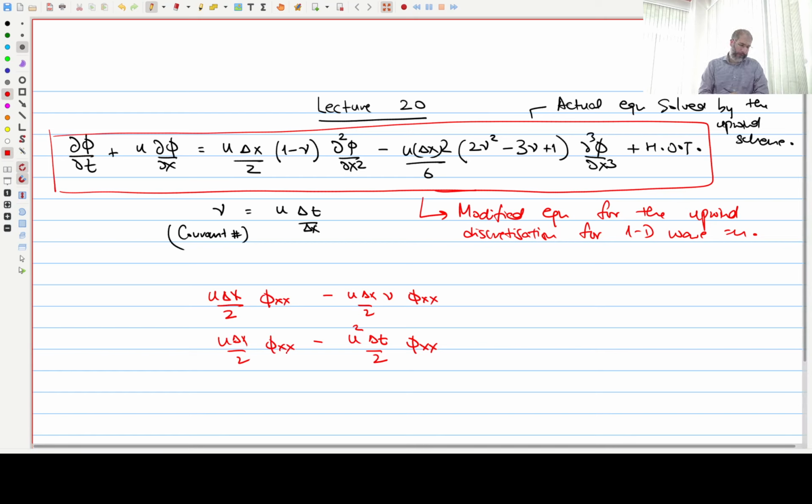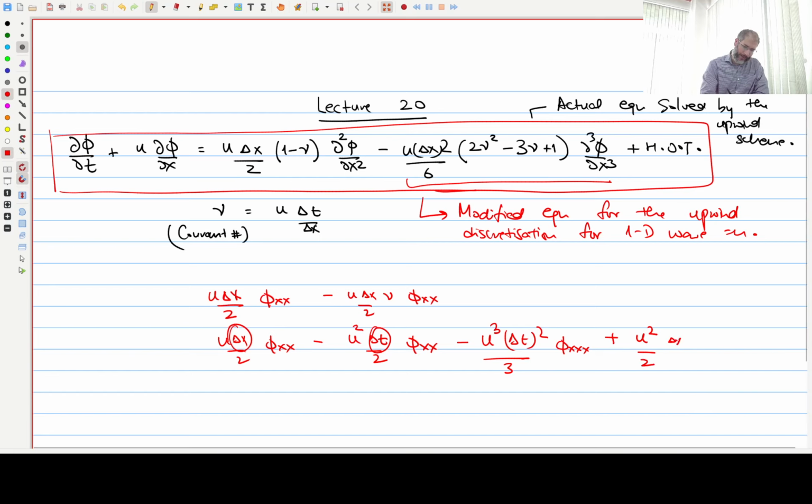Correct? So we see that we have a delta x, we have a delta t. Now let's look at the next term, which is this one. This is giving us a 2 nu squared. So nu squared is again delta t squared by delta x squared times u squared. So we get a minus u cubed, and then I get a delta t squared upon 3 times phi xxx, and then I have a plus u squared by 2 times delta x delta t